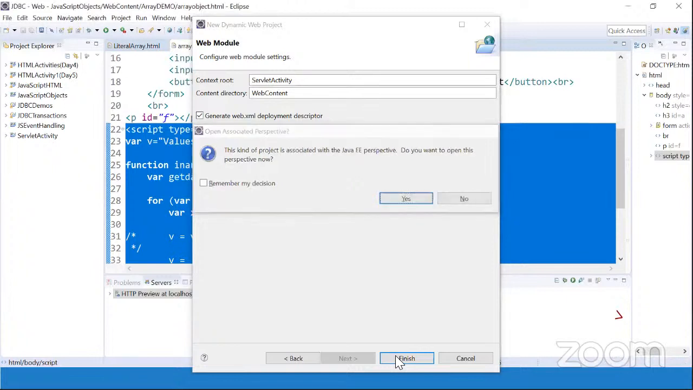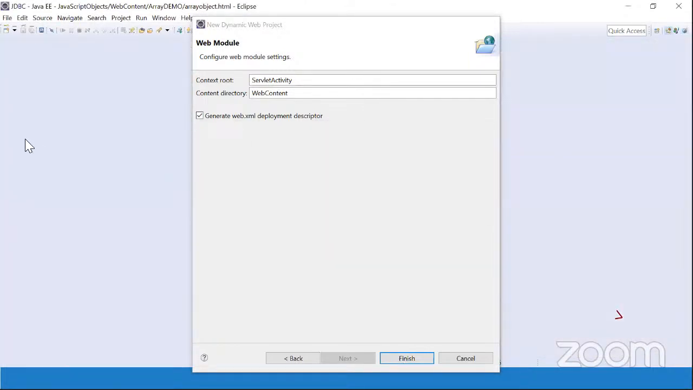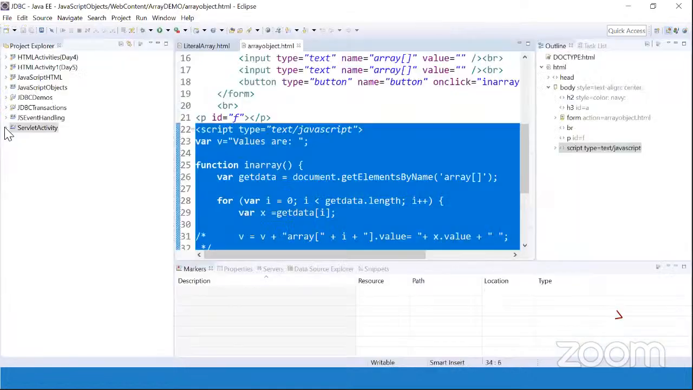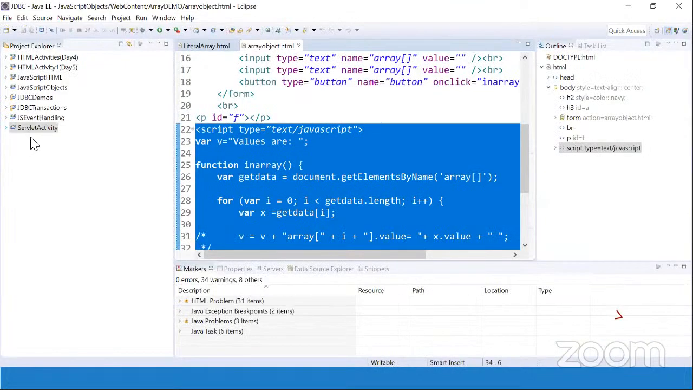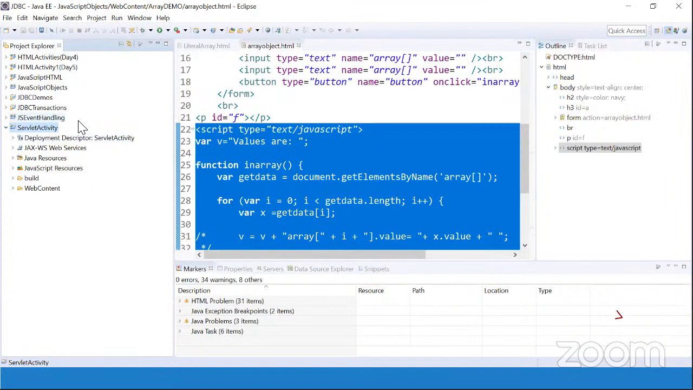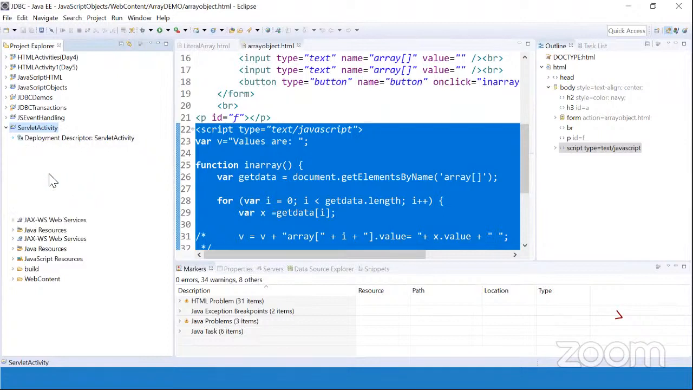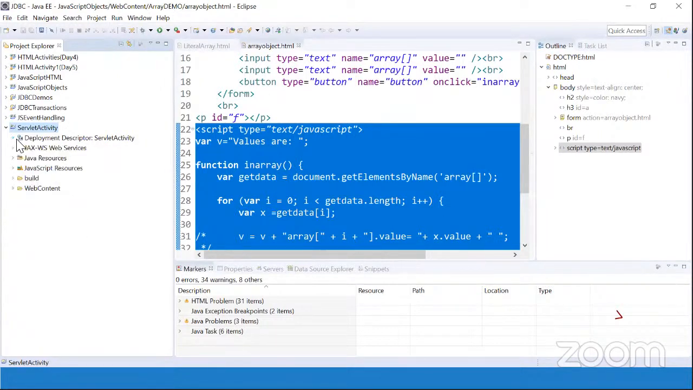Click on okay or yes. Hope you all can see here now my Servlet activity is created, and we have the deployment descriptor related to this project activity, with content parameters, error pages, filters, etc. But the main focus is on two folders. One is Java resources, where you create your Servlet classes, and we have the content